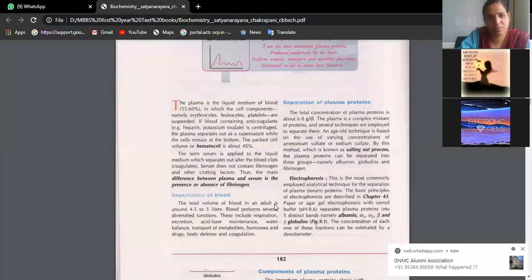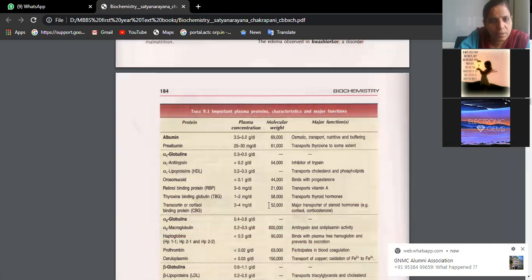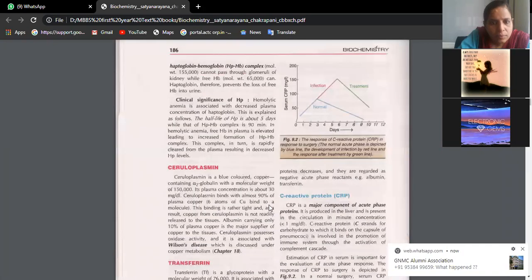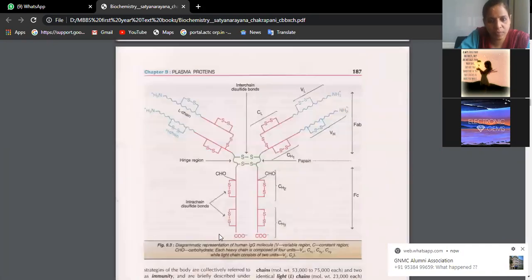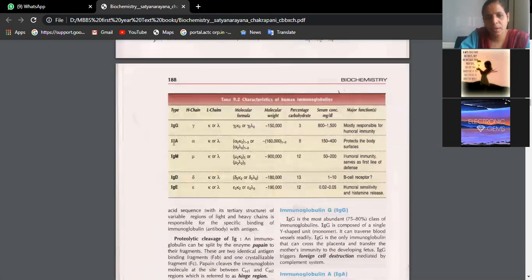Yeah, plasma proteins. Very good. This is what I was checking for. Immunoglobulins, not this one. This is the structure of immunoglobulin molecule. Basically, we have this one better. This one you should remember. GAMED, I told you, the code. We have 5 different types of immunoglobulins: IgG, IgA, IgM, IgD, and IgE. Now, what is the question asked? IgG, right?